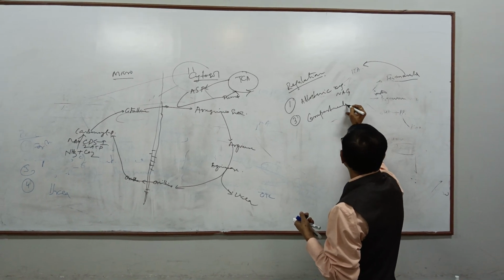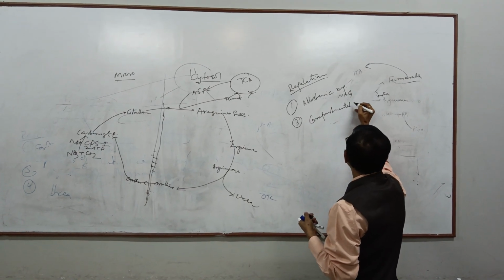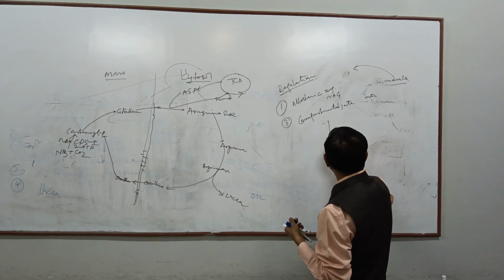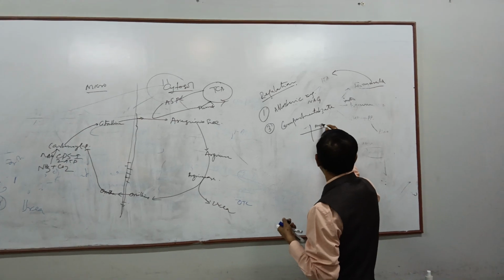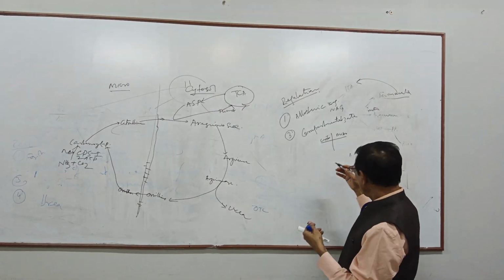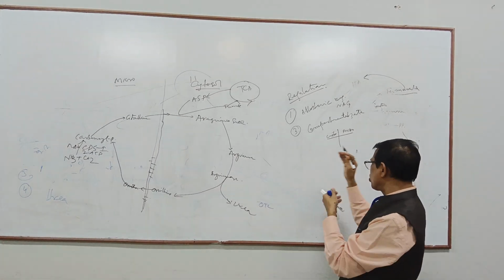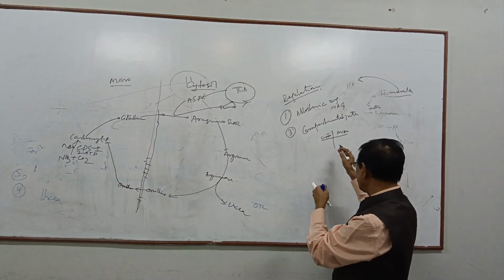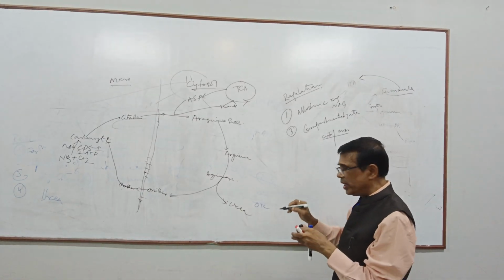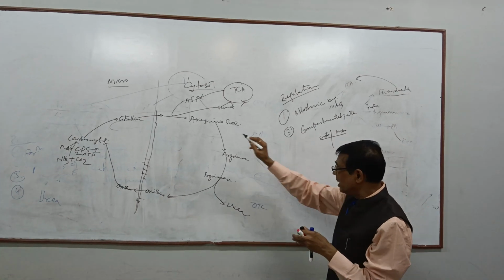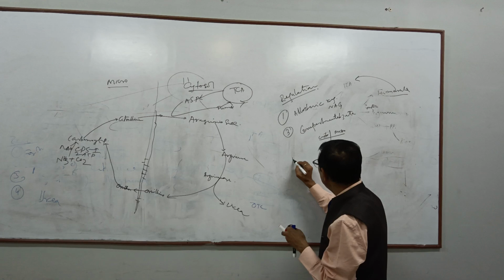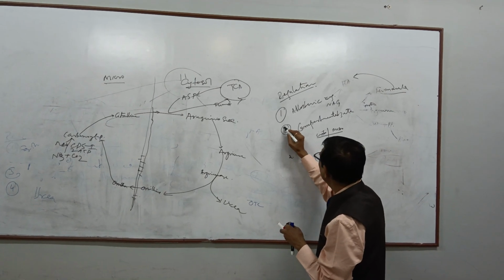Compartmentalization. That means, because here there are 2 parts, one is the mitochondria, one is the cytosol. So the entering of substrates from mitochondria to cytosol, and cytosol to mitochondria, is time dependent and membrane specific. In that way the reaction is also controlled. Third is very important, another important one.